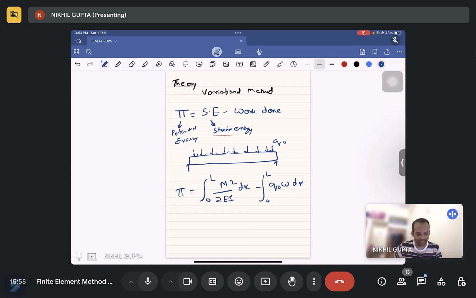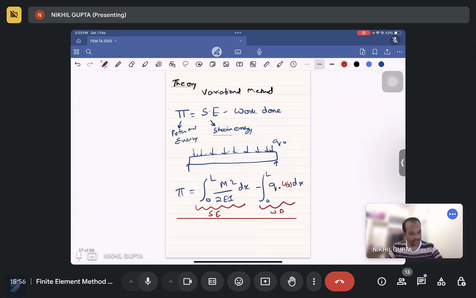So from strength of materials, we know that a beam element with moments will have this much strain energy. And this is q into w, or you can say q naught into u, which will be u of x. So this is the load into displacement, so you will get the work done here. This is work done. This is strain energy. So for any material, if you want to model a growth of something, you just have to write the potential energy function of it, and you solve it